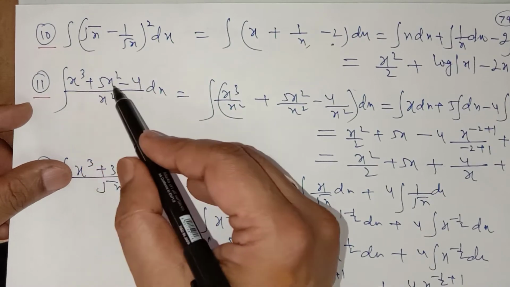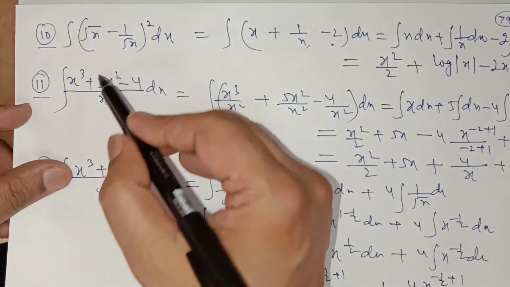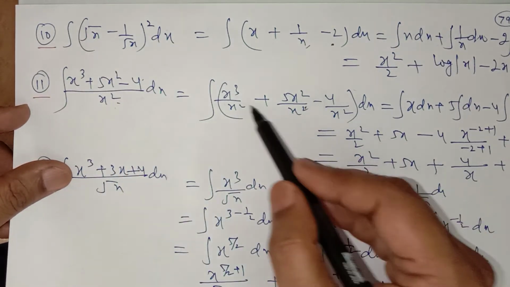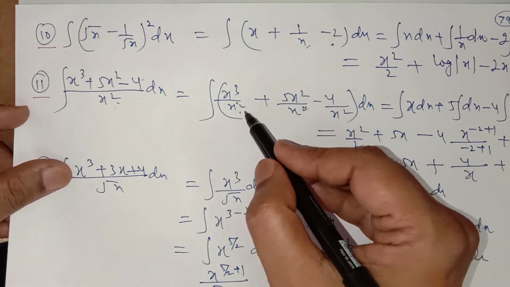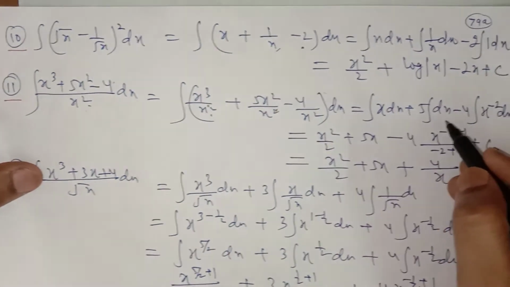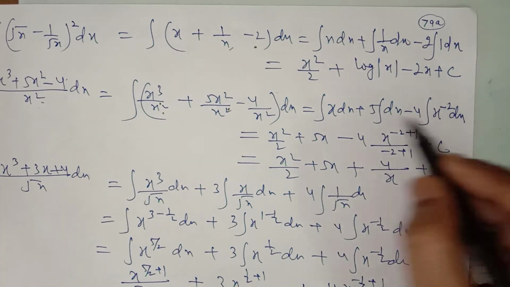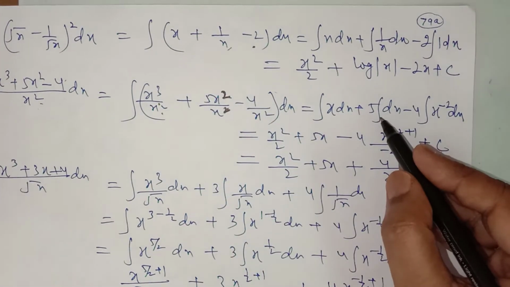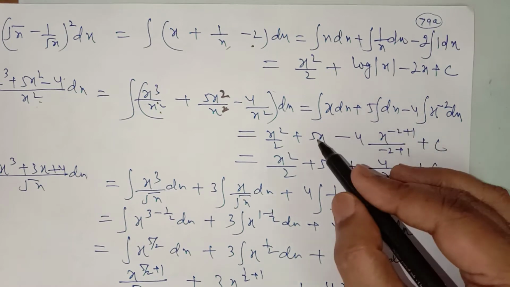Now you have to integrate x cube plus 5x square minus 4 upon x square with respect to x. So first of all, simplify this expression. x cube upon x square, 5x square upon x square, minus 4 upon x square. It will become x, it will become 5, it will become 4x to the power minus 2, like this. So x, 1 minus x to the power minus 2. This is 2 and this is also equal to 2. So it will become only 5. So integration of x is x square upon 2, integration of 1 is x, so it will become 5x.